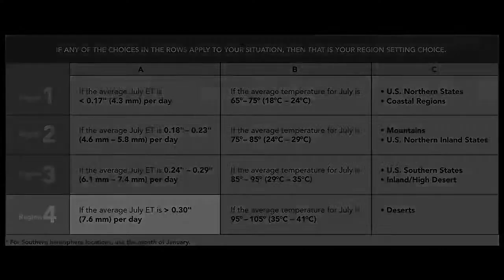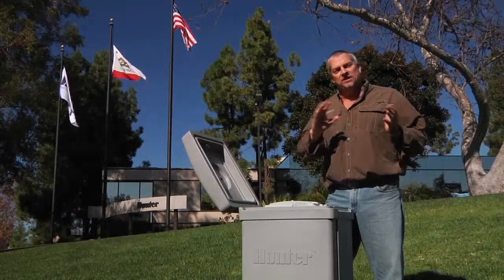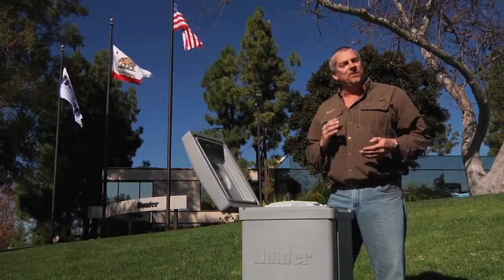The water adjustment and the region should only be changed if all the stations need more or less water. If it's only a few individual